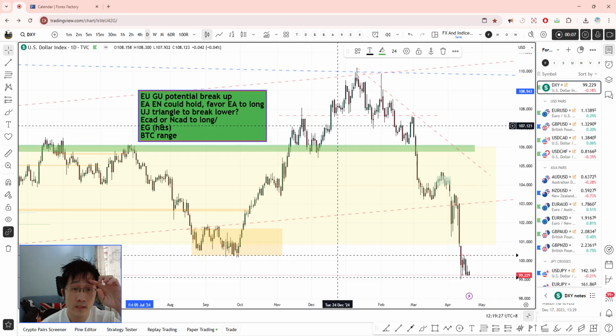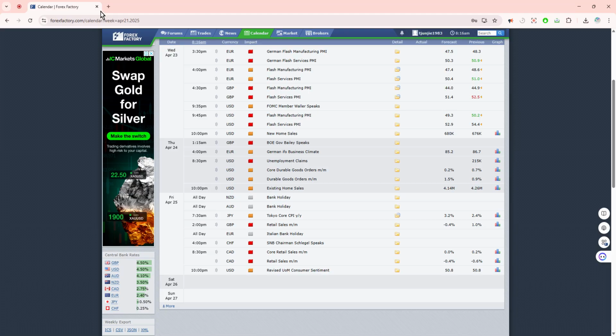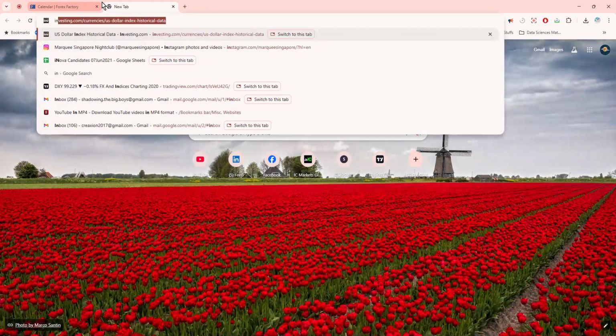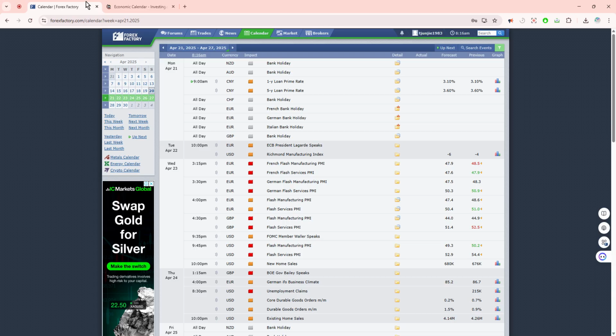All right, so let's get started with the analysis. The usual protocol is to anticipate what news is coming up for next week. So take a look at forex structure. You can go on to, let's say, investing.com or any news outlet's news calendar, where you can have all this news.